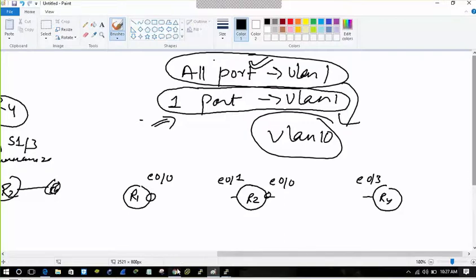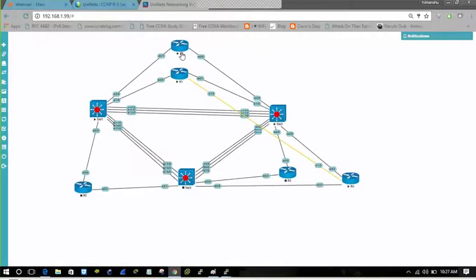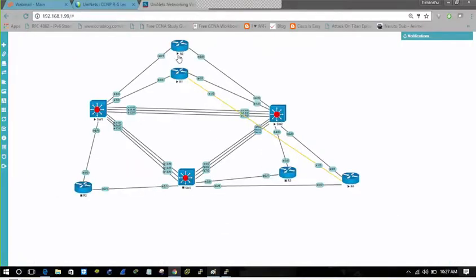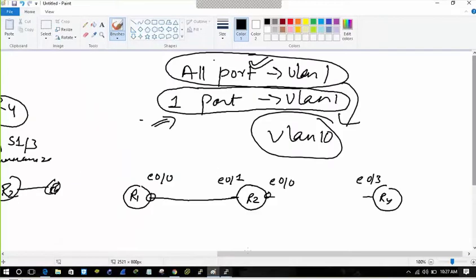That is how I have connected. R1 0/0 is connected to 0/1, and R2 0/0 is connected to Ethernet 0/1 of it. That is the way I have done the connection in series.